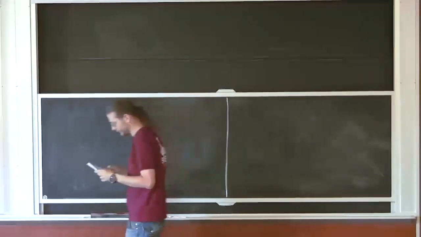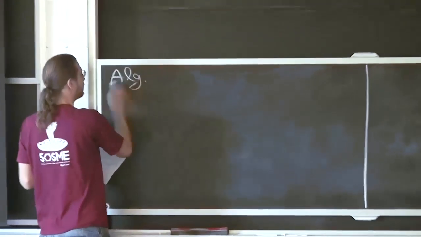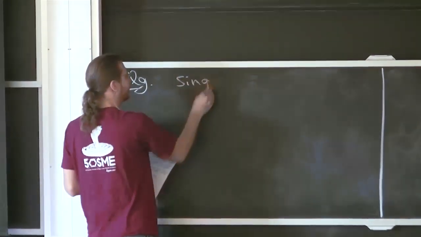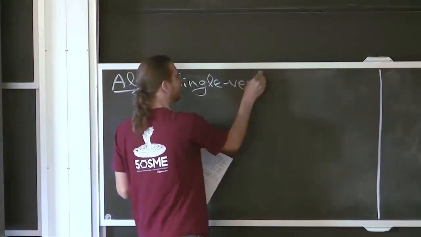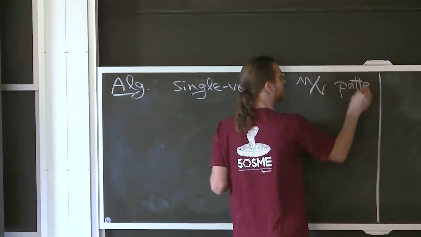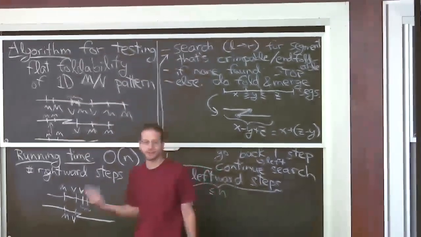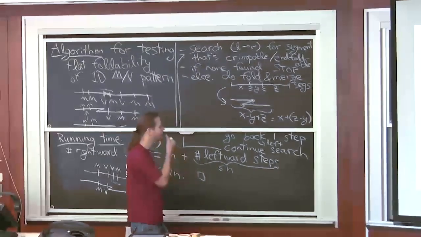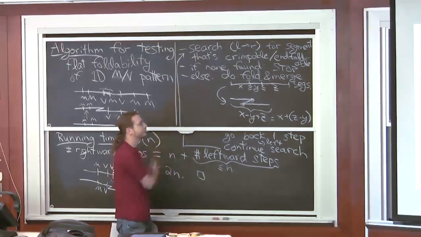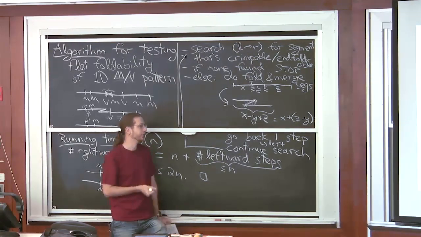I don't think I really need to write this down, but for the algorithm for a single vertex mountain valley pattern, it's basically the same algorithm. Instead of wherever you see left and right, you replace it with clockwise and counterclockwise, going around in a circle. There's no obvious starting point. You just start at an arbitrary segment, which in this case is an angle of the crease pattern.